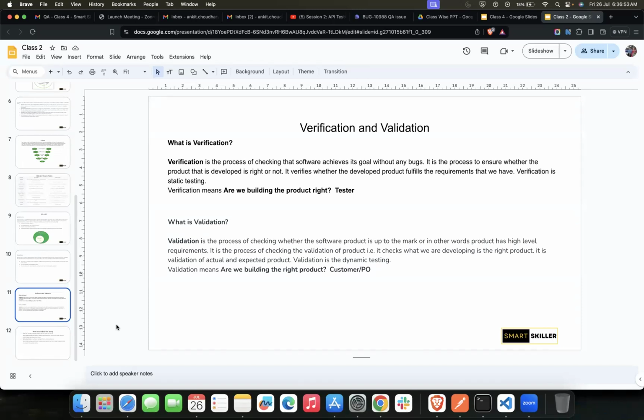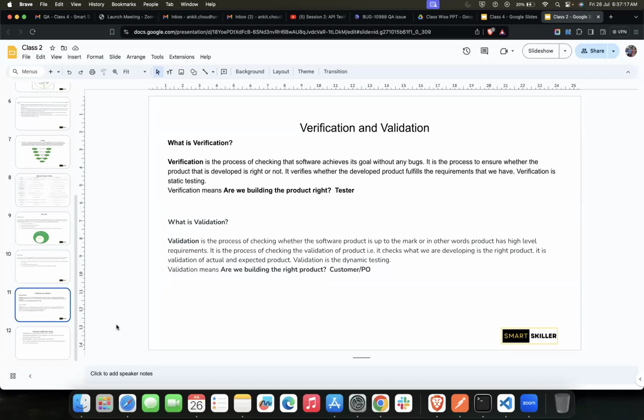Sorry. Verification focuses on the procedure to achieve the result, and validation focuses on the result itself. Yes, sounds about right.